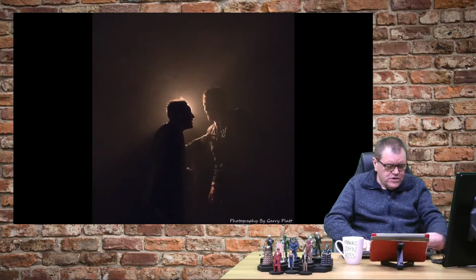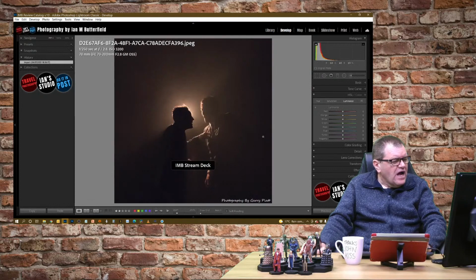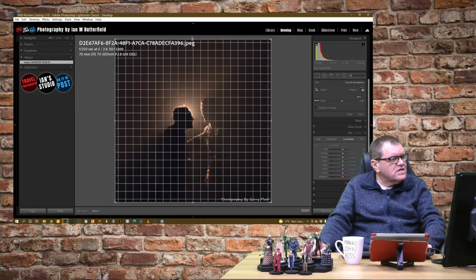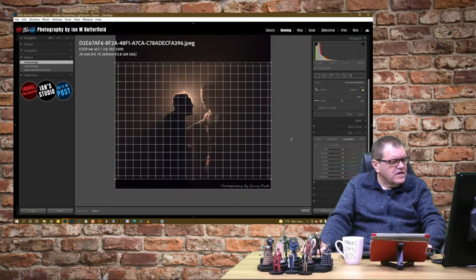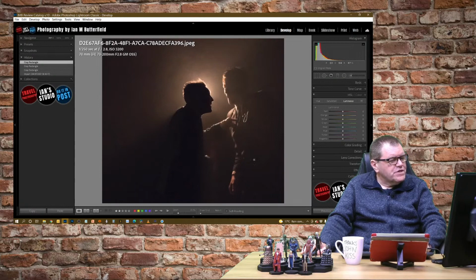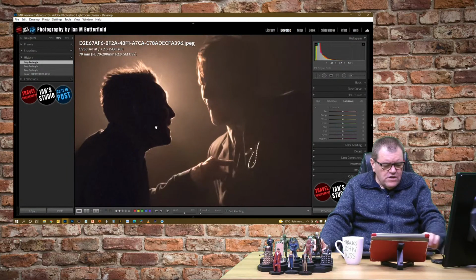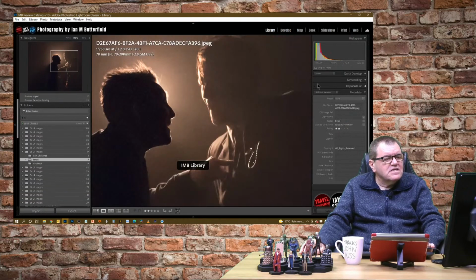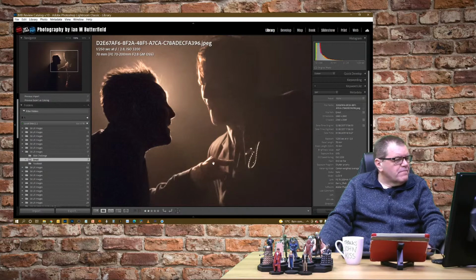So I would have, let's go to the develop module, done something probably slightly more conventional on it. Something like that. Maybe just move them off to one side so that they are still the focus of attention, and that we've got the detail in there. Now, looking at the settings for this, and I need to go to